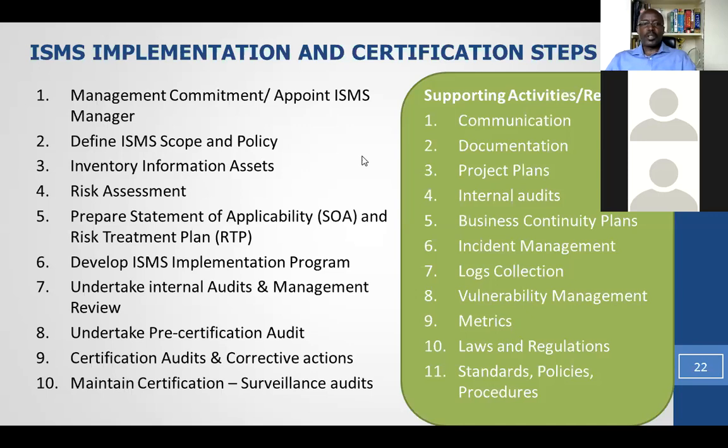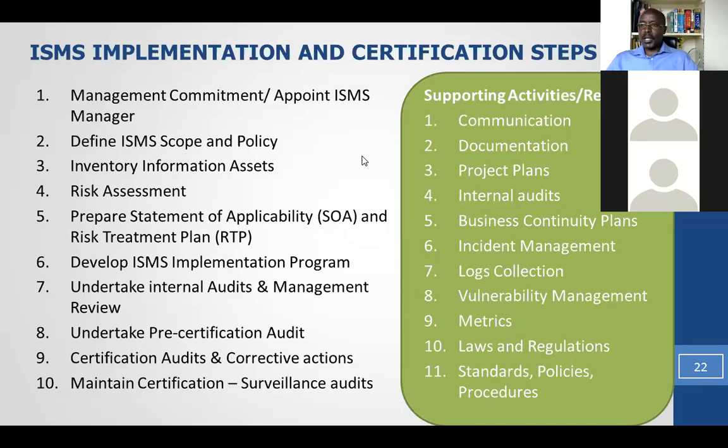And if you pass the audits, then you're given your certification. Once you get your certification, it's normally valid for 3 years. And every 1 year, the external auditor has to come in and do the audit again, in what we normally call the surveillance audit, to ensure that your management system is continuing to meet the requirements of